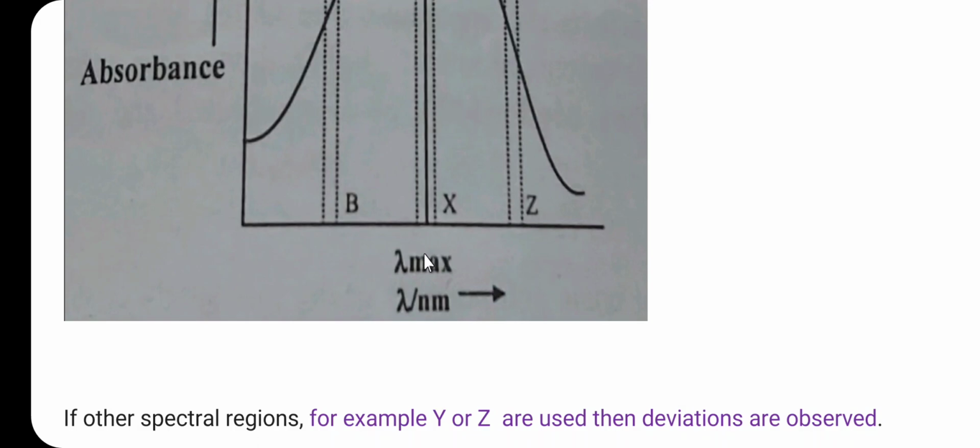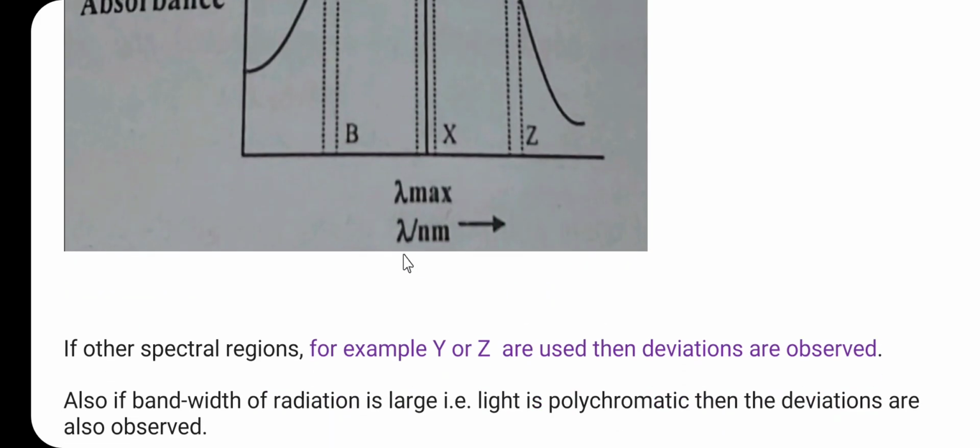The first reason is that the wavelength is characteristic of each component, that means the lambda max is characteristic of each component. The second point is that lambda max provides information on the electronic structure of the analyte. Third, and very important, it ensures highest sensitivity and minimizes deviation from Beer's law. So the lambda max value is important because of these three reasons. When the lambda max is not used, we get deviation from Beer's law.